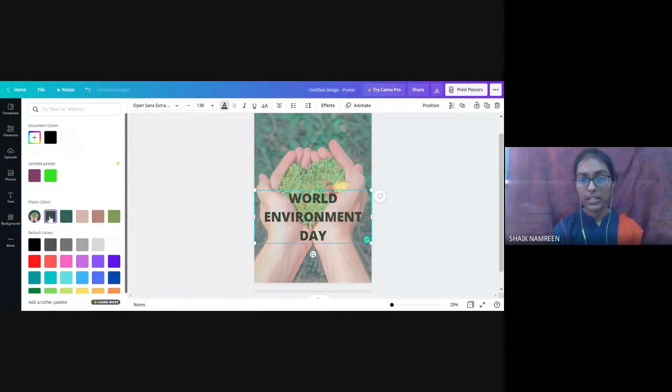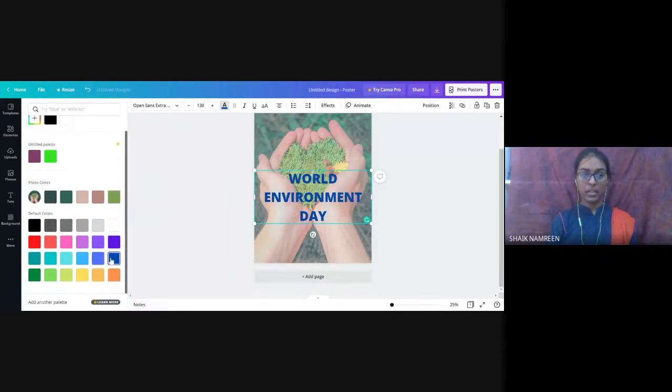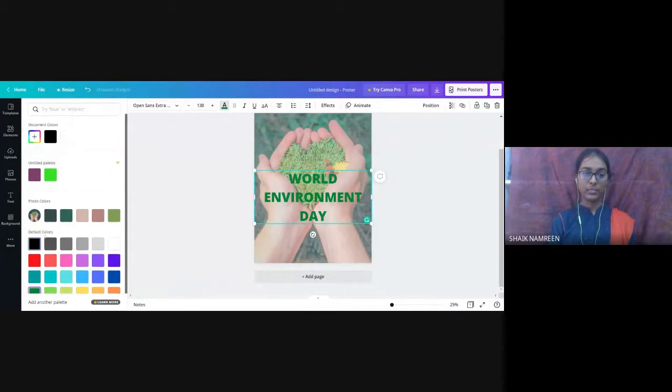You can select a dark one, this one, or a light one. But as this background is very dark, we'll go with some dark color like this, like the blue one. Or as it is a world environment day, we'll go with a green one or dark green one, something like this. Okay, so we are done with this.